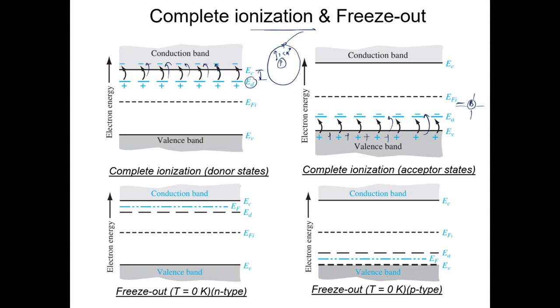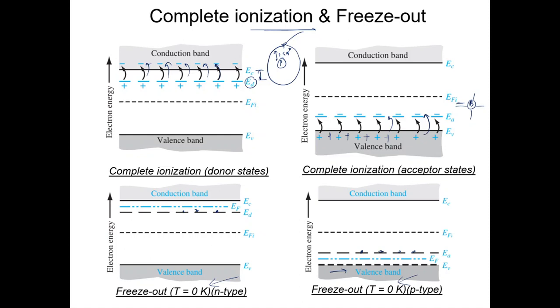Now you can also think the other way. If the temperature equals 0, if you go to 0 Kelvin, the more ideal case, the freeze out scenario, you can imagine that all these electrons will stay where they are. All these states in the conduction band will remain empty. In that case, the additional electrons which were earlier available in the conduction band will not be available, or in the case of a p-type semiconductor, the excess holes available in the valence band will not be available as they were earlier, which means that if you significantly reduce the semiconductor device temperature below the freeze out temperature,